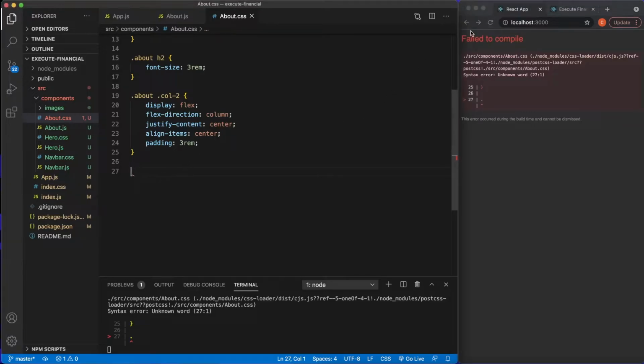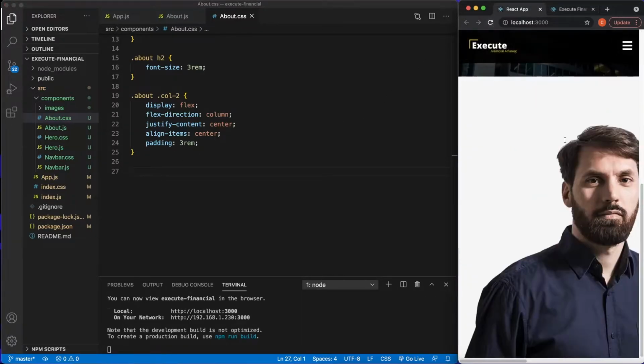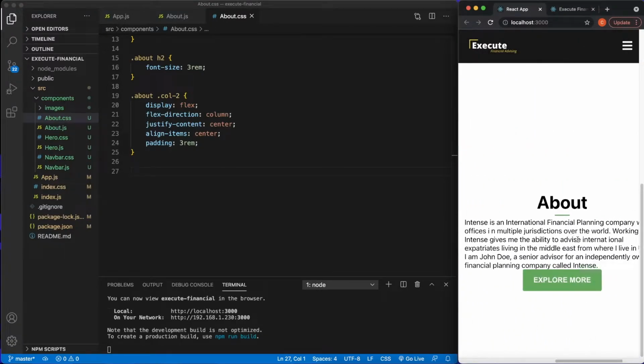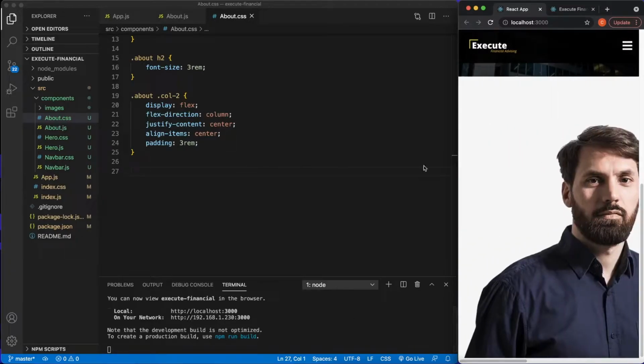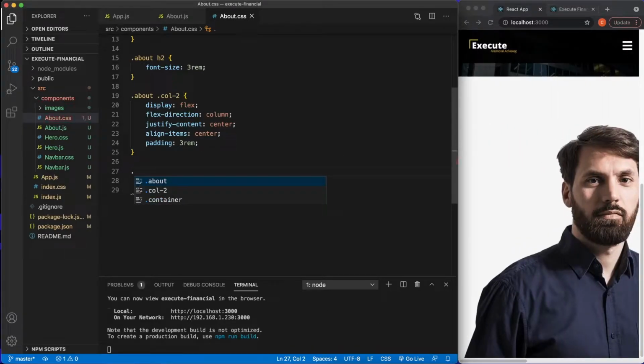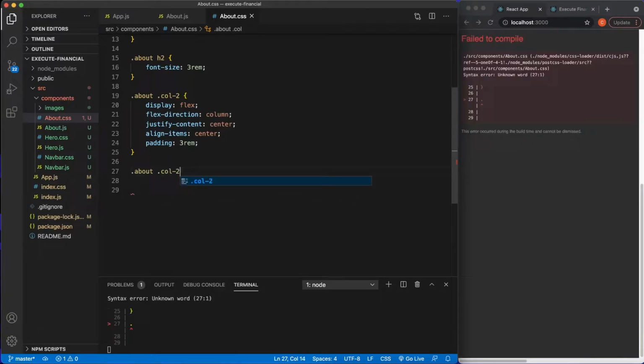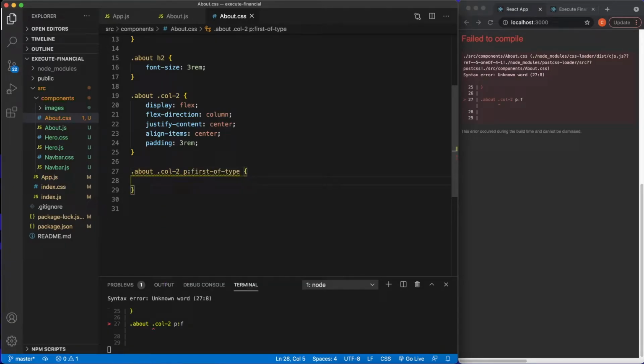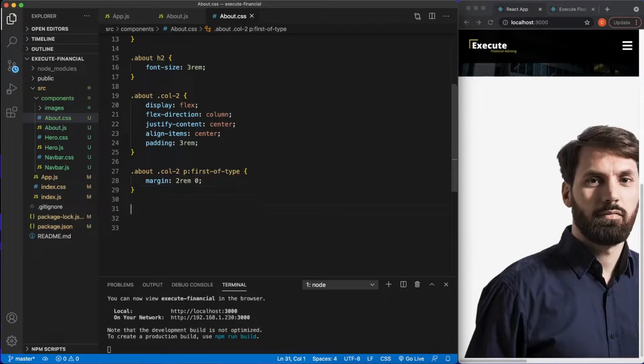Nope. I'll refresh that. Looking funky on mobile, that's okay. But yeah, this is 1 p tag at the top here. These 3, and this is our next p tag. So let's go ahead and say about column 2 p, and then we can also say the first of type. Let's give a margin 2 rem, top and bottom, so left and right, and about